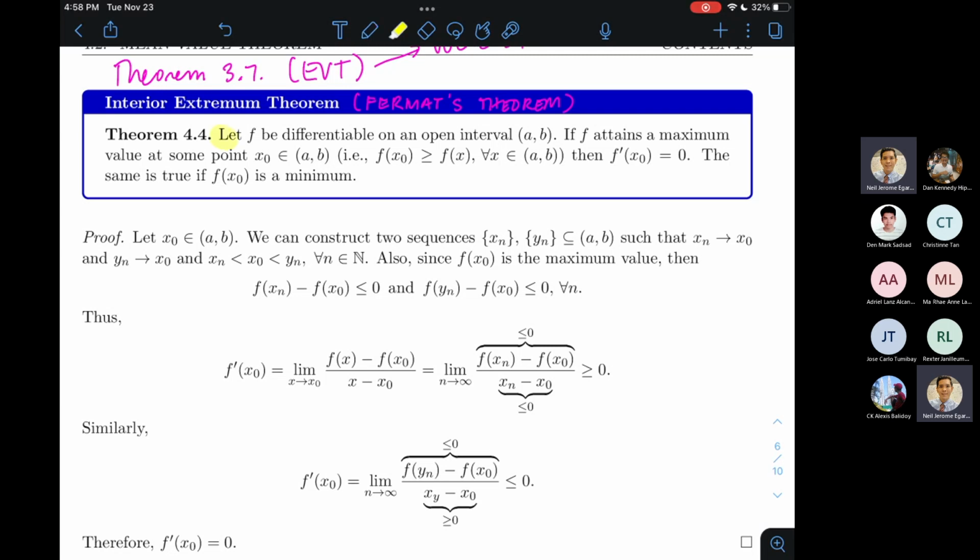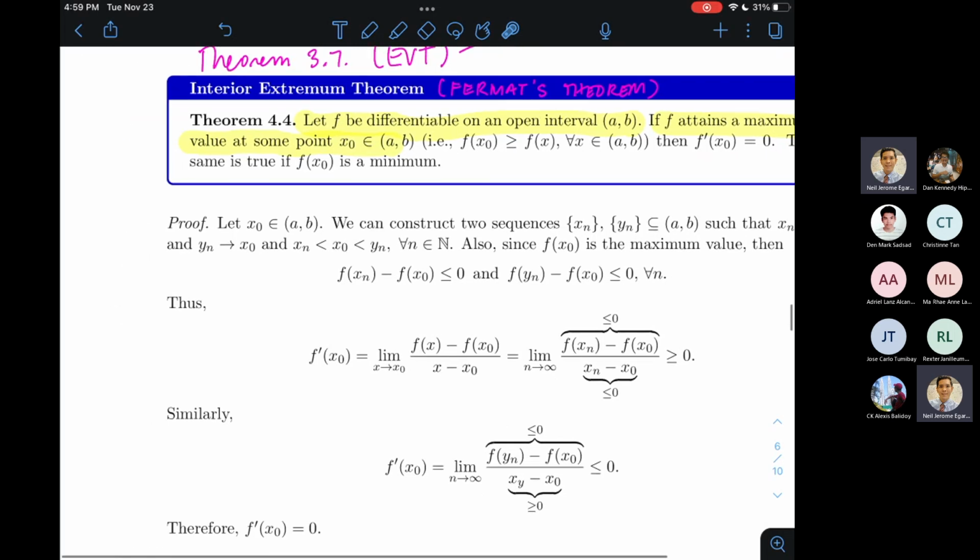So let's consider a differentiable function on the open interval (a, b). So that's a requirement. It says that if f attains a maximum or a minimum, actually hindi pala sinabi yung maximum kagad. Pero if f attains a maximum at a number x sub 0, all right, then f prime of x sub 0 is equal to 0. Okay. So nasabi niya lang, kung siya ay nagbigay ng relative maximum, dapat yung derivative at that point is equal to 0. And the same thing is true when f of x sub 0 gives you a minimum.